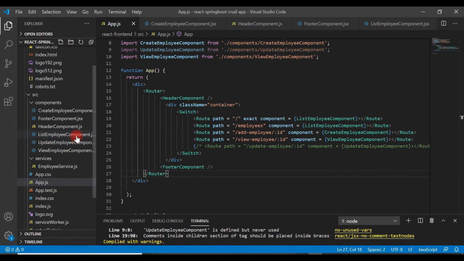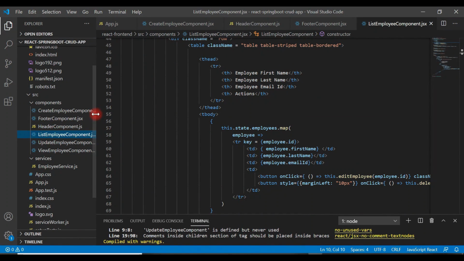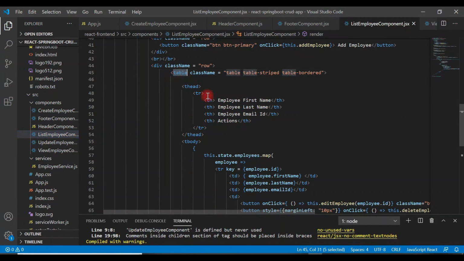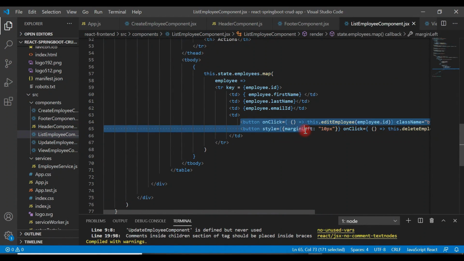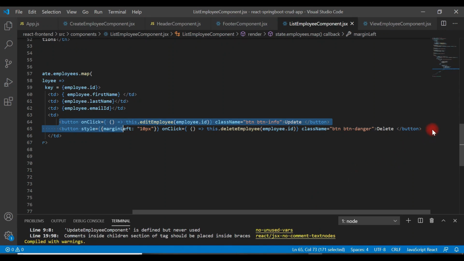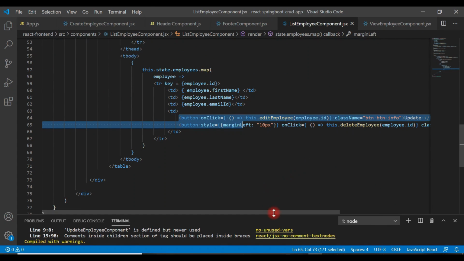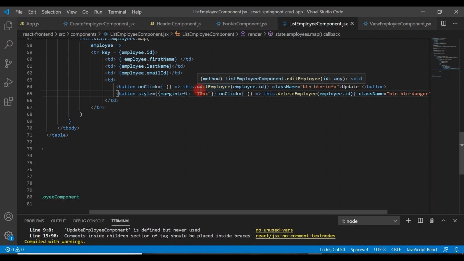Go to the list employee component and go to the table inside the list employee component. So this is the table. Inside the table we have the actions column. Within the actions column we have 2 buttons over here, update and delete. Now let's go ahead and add one more button. Let me simply copy the existing button. Let's copy this delete button